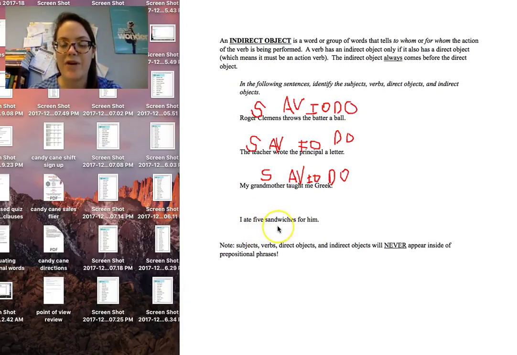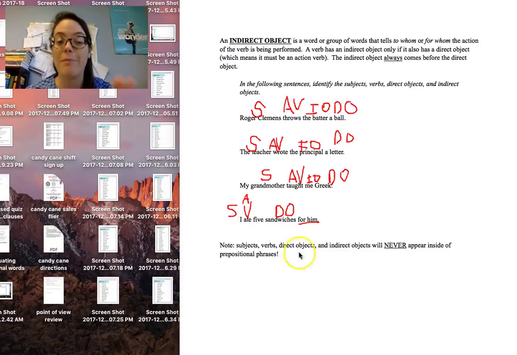All right, I ate 5 sandwiches for him. Let's see, I is my subject, ate is my verb, my action verb again. So subject verb what, I ate what? I ate sandwiches. Now, notice I have this adjective telling me how many sandwiches, but I don't have any to whom or for whom before it. I have this prepositional phrase afterwards that says for him, but important note down here,